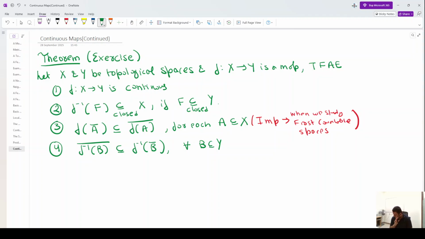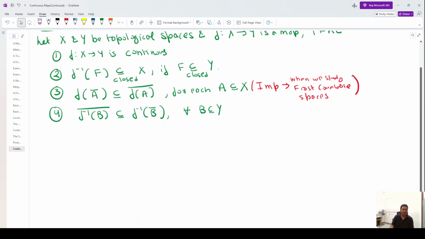So I think I can leave this as an exercise. It's not very difficult. For example, let me show you one. Follow this chain: one implies two, two implies three, three implies four, four implies one, or however you want to follow. So let's say proof. Let me prove just 2 implies 3. To prove 2 implies 3, first observe that: